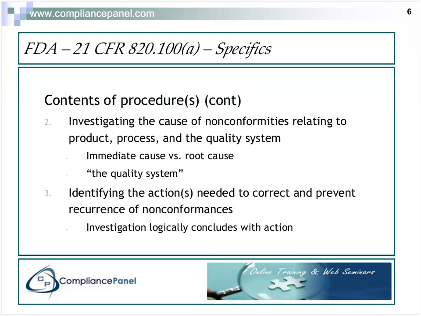And like I said, I have a couple of examples later on that will bring this a little more into clarification. It's interesting that the regulation talks about requiring you to investigate the cause of nonconformities relating to the quality system. There are going to be things that don't have immediate causes and root causes. An example that comes to me right away is training. If your training system, in your quality system, has enough nonconformities in it, you're going to be required to evaluate that and perform a CAPA on that.